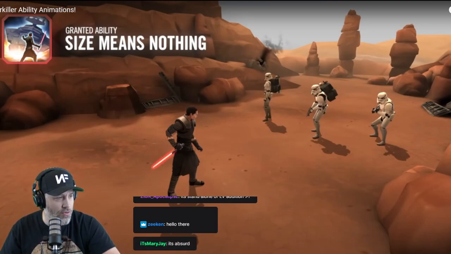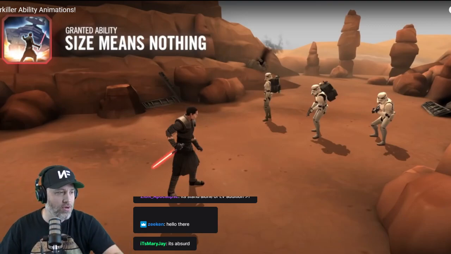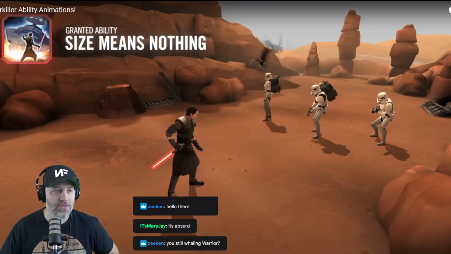It is absurd. This is crazy. 130%. And then he takes a bonus turn. Yay for bonus turns. He dispels all debuffs on himself. So now he's clean. And if there's no Galactic Legend allies, so you're running him by himself without GLs,